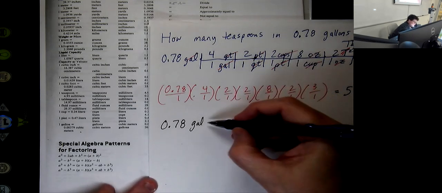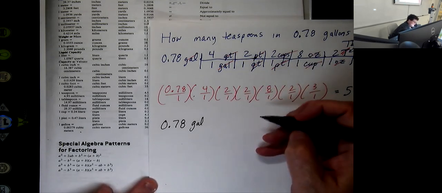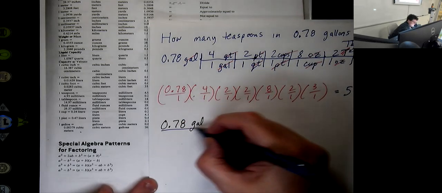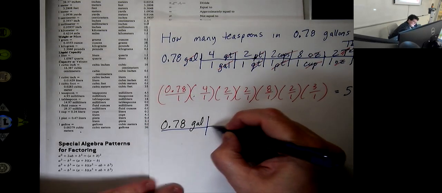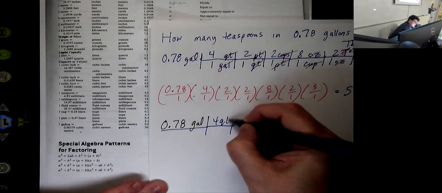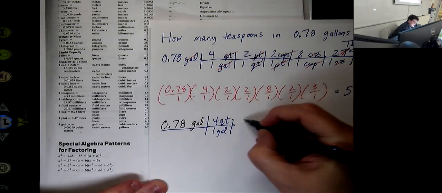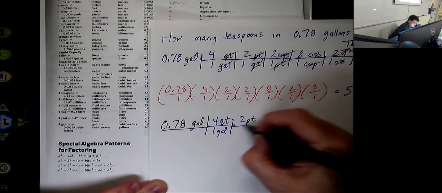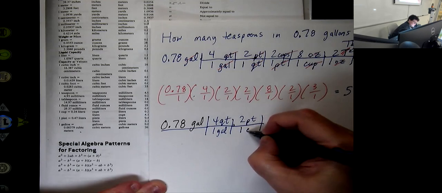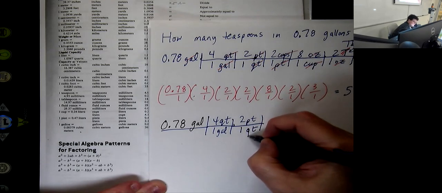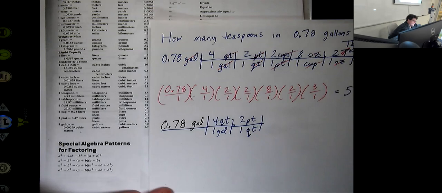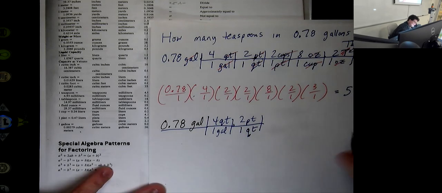So why don't we switch to quarts or pints? To switch to pints, we still need the 4 quarts to a gallon and the 2 pints to a quart. You jump to the 8th, but not everyone knows that it's 8, and I don't want to jump to the 8th. So now I've got